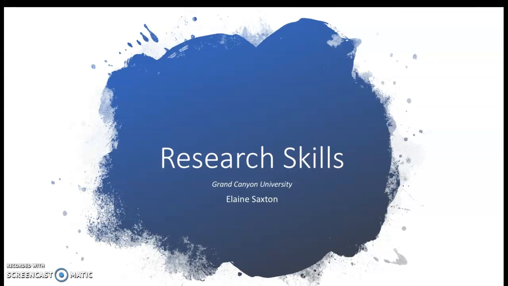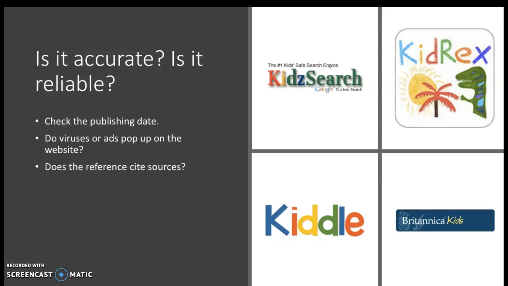This is going to show you how to teach your students how to become the best researchers possible and find reliable information online. So to get started, we know that our students need to be finding accurate and reliable information. We don't want any of them finding fake news and reporting that in their projects or to their parents or to other students. So it's important for students to understand how to determine what the accurate and reliable information is